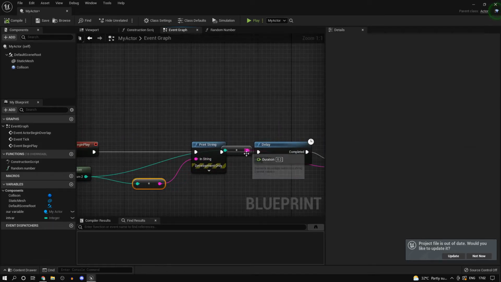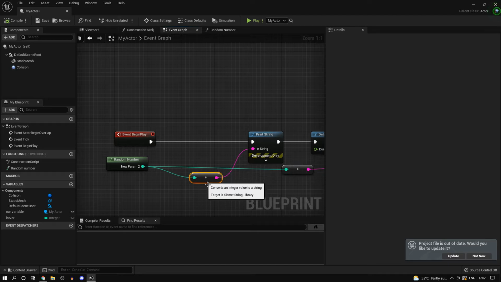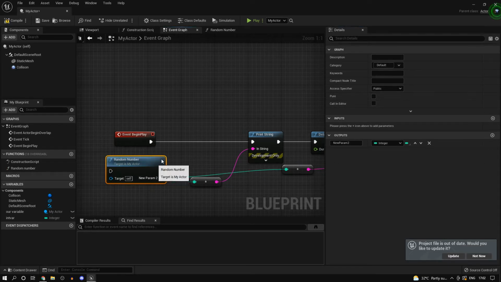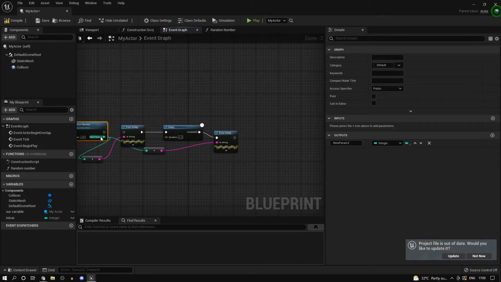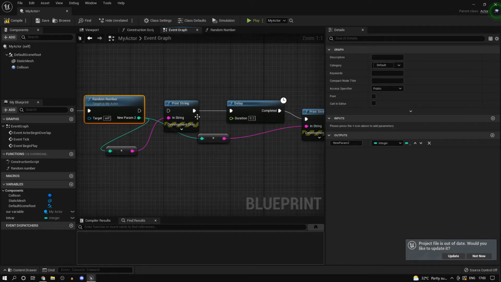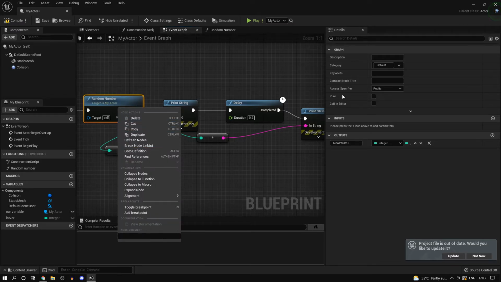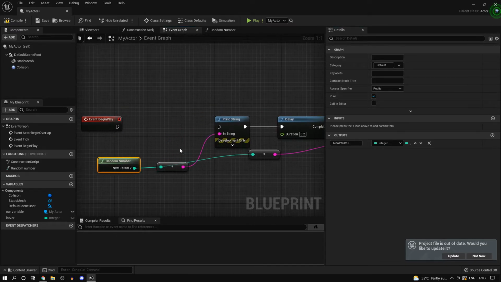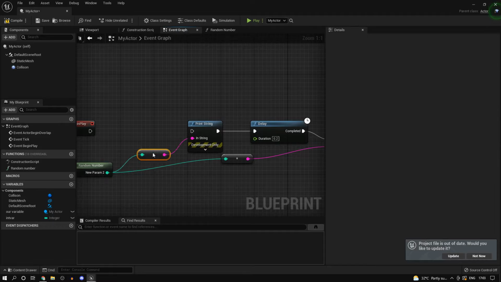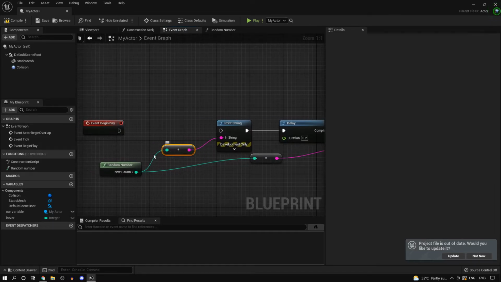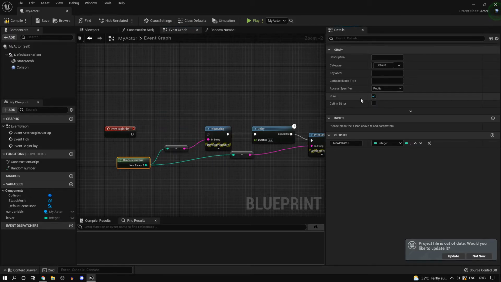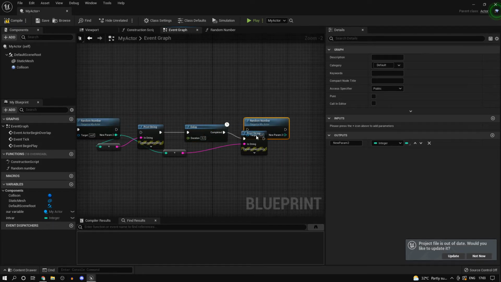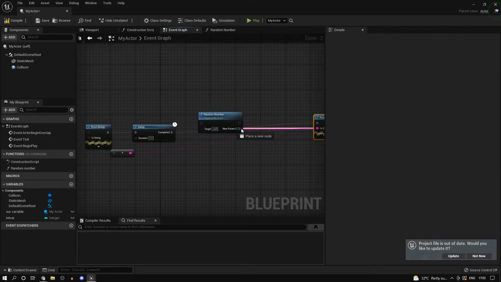And let me tell you what happened over there. What happened was, with a normal function, the out parameters whatever you get are actually cached. So if you're using the same value again, you are going to get the same value, whereas with a pure function, this function will be run every time you drag off of this. So here you are using this. So this right here, this setup right here is equivalent of this, as well as this. So you have another function here, you get the point, right?